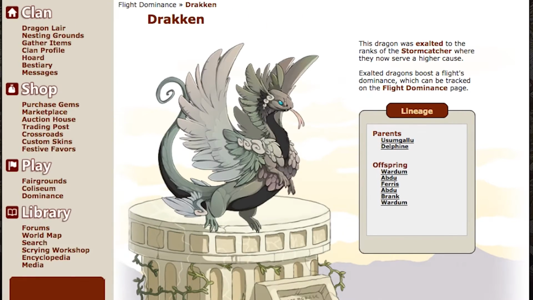The easiest way to find his surviving offspring is to start with Drakken himself. There are 2 ways to follow the lineage down: the regular way and the procrastinating running errands way. Let's do the regular way first. Starting at Drakken's page, the untrained eye may not know which offspring to follow, but insider secret, Abdu, Wardum, and Zigvik are placeholder names I give to dragons before exalting them, so there's no reason to follow those trees.